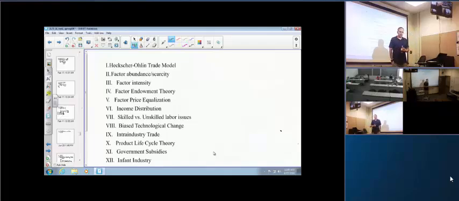Modern trade theory is referred to as factor endowment theory. An example of factor endowment theory is the Heckscher-Ohlin trade model. And the Heckscher-Ohlin trade model was the first instance of modern trade theory. And as I mentioned, we had gone through the Industrial Revolution by this point. By the time modern trade theory comes around,